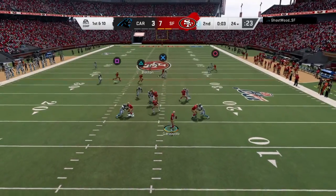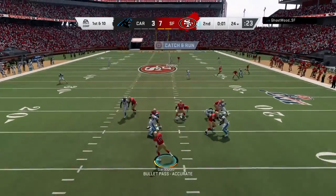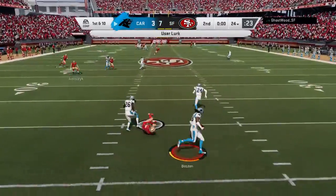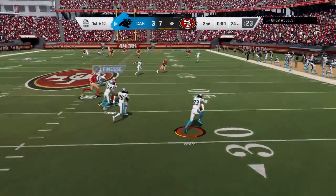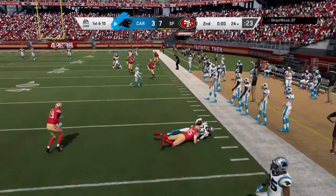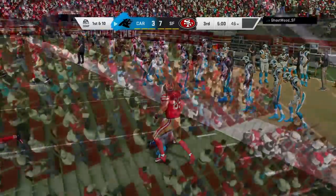Working from the gun, Garoppolo. Looking for Sanders here on the deep ball. Into a double team, and it's intercepted. Picked off by Trey Boston. And he will be brought down. His time is now run out on this